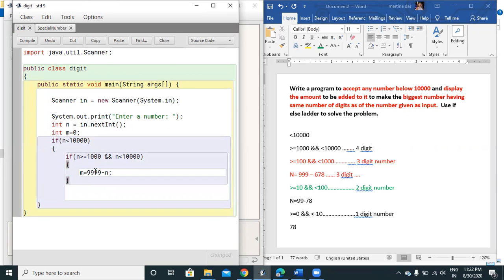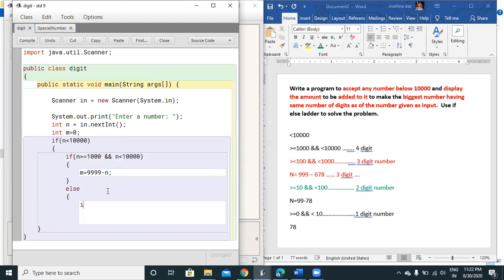The next checking will be else. If it is not true, then it will go for the next checking, that is else. If it is not a 4-digit number, my checking will be if the number is a 3-digit number. A 3-digit number I can check by writing if it is greater than equals to 100 and, it is the same thing, over here, let's see, I'll write less than equals to